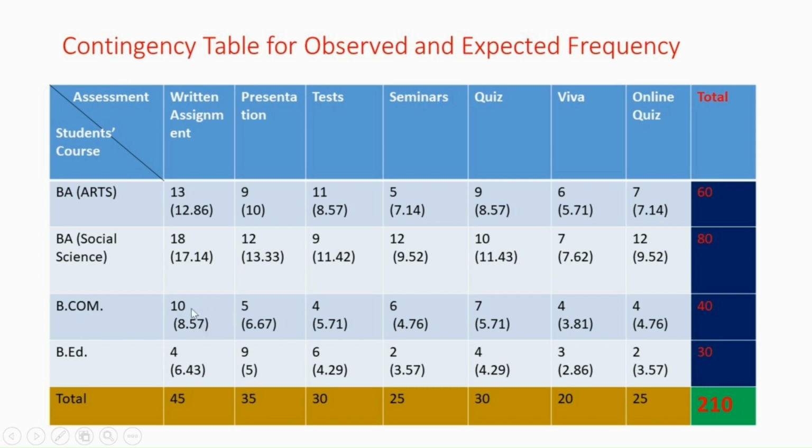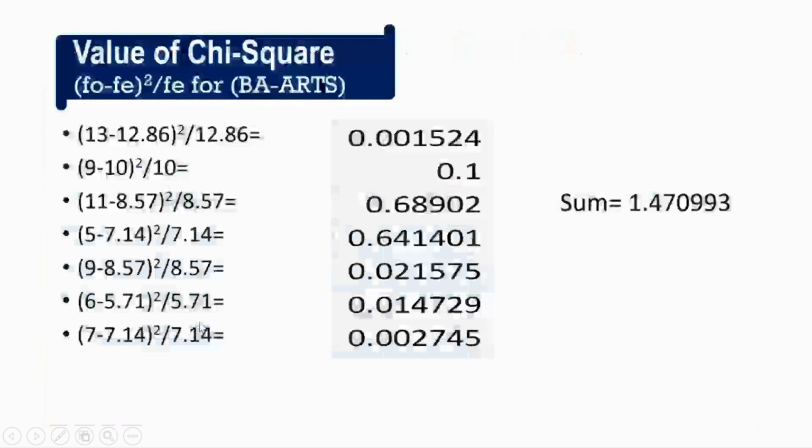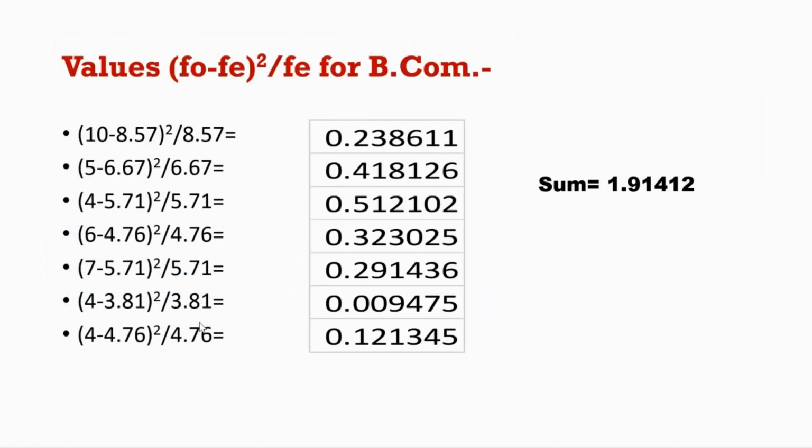So we subtract 8.57 from 10, 10 minus 8.57, we square it and then divide by 8.57 for the BCom students. So we can see here (10 minus 8.57) squared divided by 8.57. So for each category in the BCom, we get (FO minus FA) squared divided by FA, and we get these values. And if we sum it, then we find